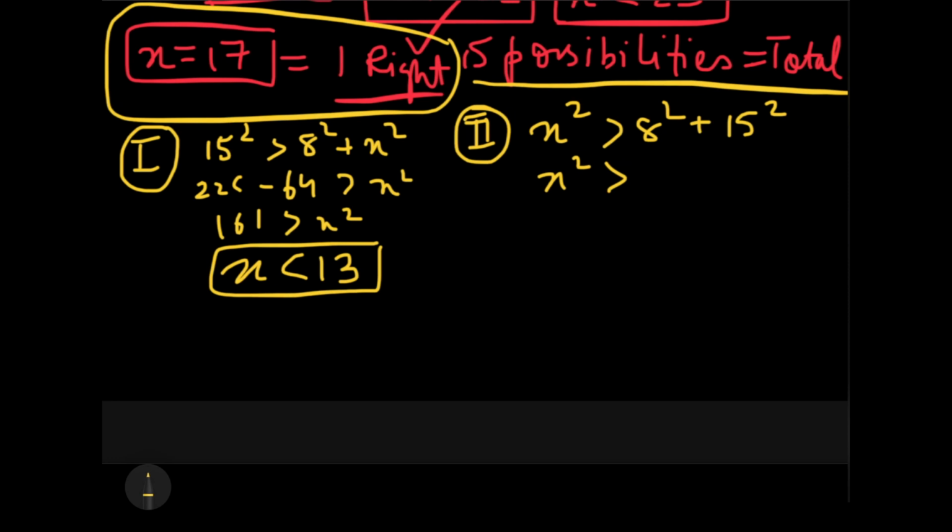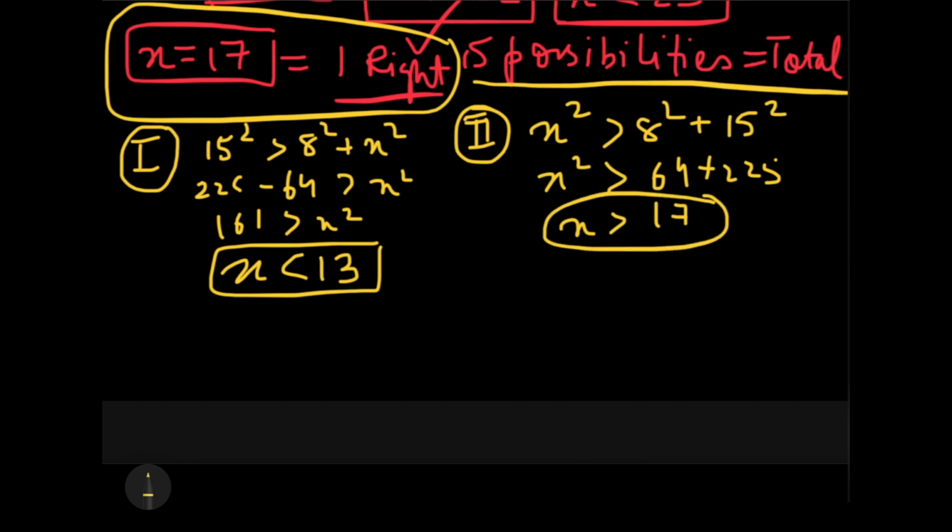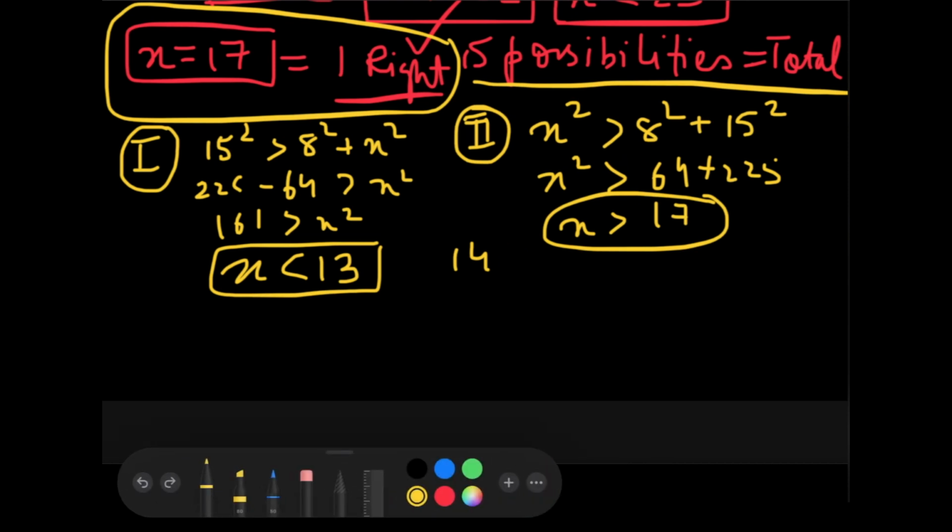So इससे मुझे ये पता चलेगा कि if I calculate this and I find it out, I would get the value which would be x greater than 17. You can calculate it yourself and check it as well. Now ये range क्या depict करती है? ये range depict करती है the number of obtuse angle triangles which can be possible, and this lies within the range of 14 to 16. This lies within the range of 14, oh not to 16, of course, I'm just taking my words back.